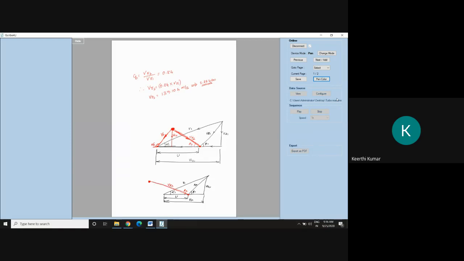So the line went outside the figure. But in the present problem, what is given? The length of VR2 was small, so here it was big. Then what am I supposed to do in this second problem, in the bottom figure? I'll just drop down the vertical line. This vertical line is called VA2.